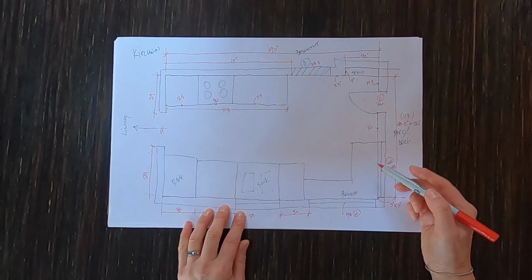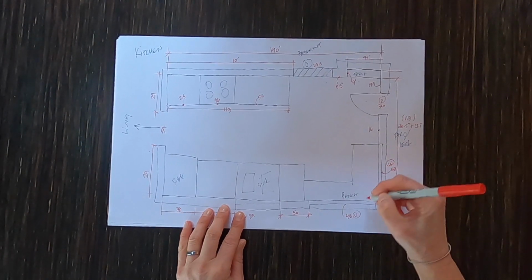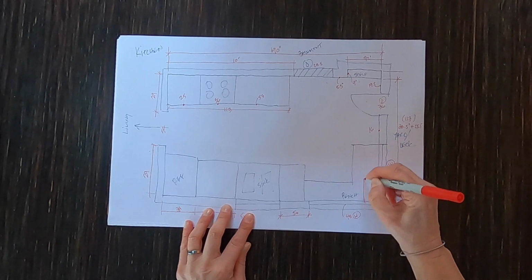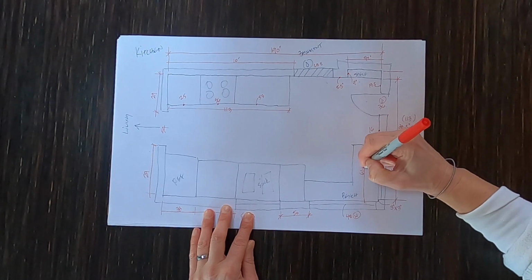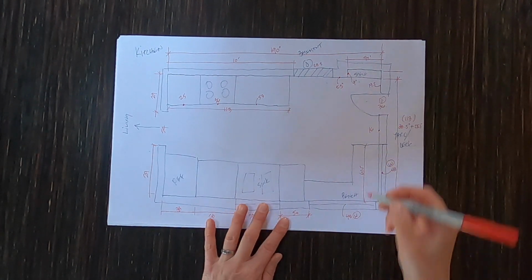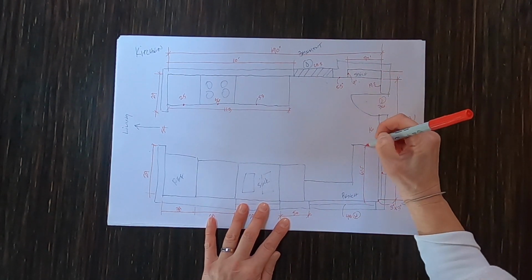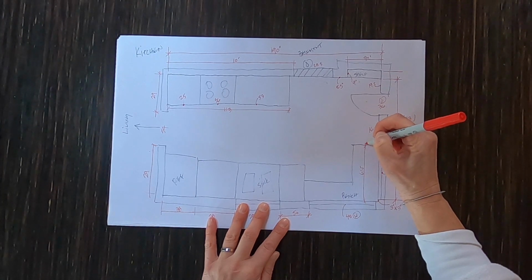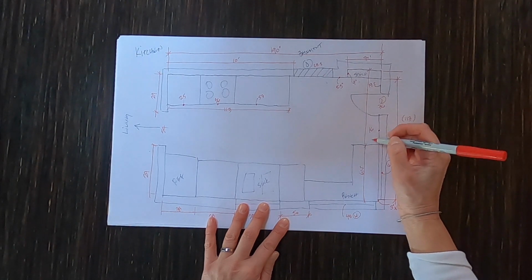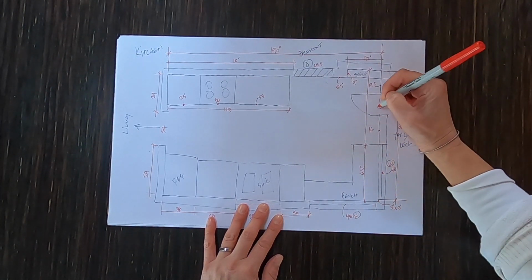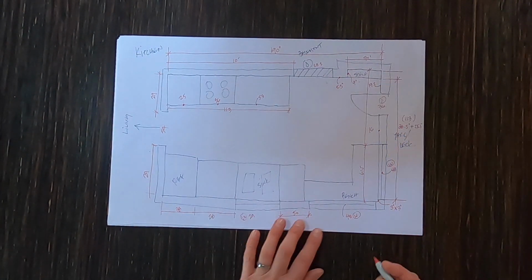Now we located the bench on this wall, and from the wall to the edge of the bench, 61.5, and then from the bench to our wall, which is actually the wall itself, not the shelf. Make sure you pay attention to exactly what it is you are dimensioning. That is